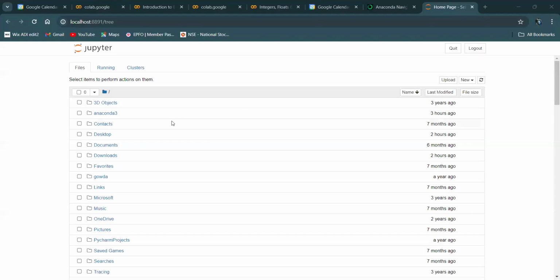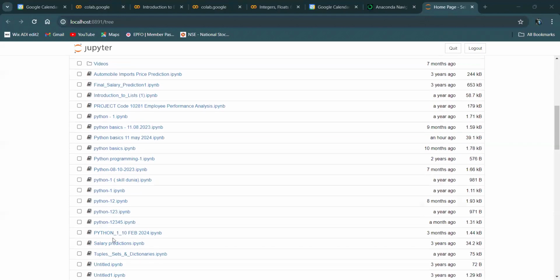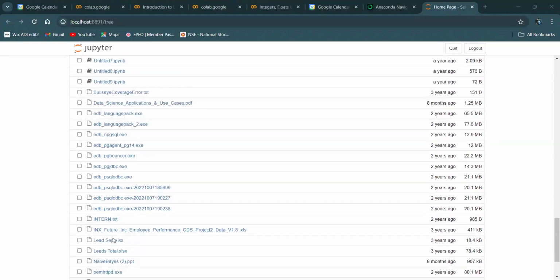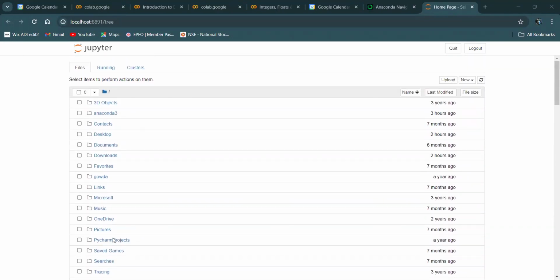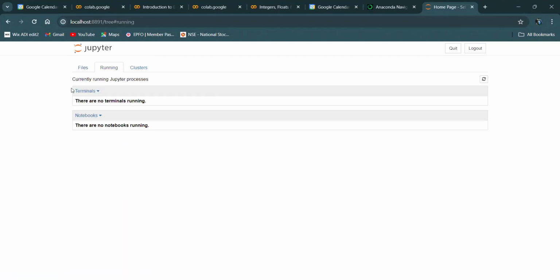Just wait. Okay, so this is how the Jupyter Notebook dashboard looks. You will find certain folders from your laptop and you can see the different Python notebooks which are available. Clear? So if you are running any notebook, that will appear here.